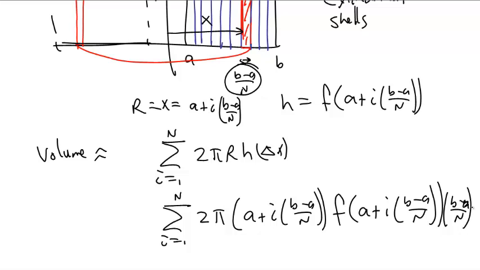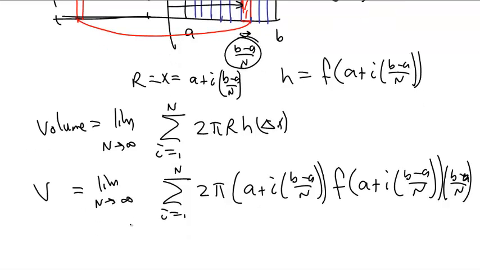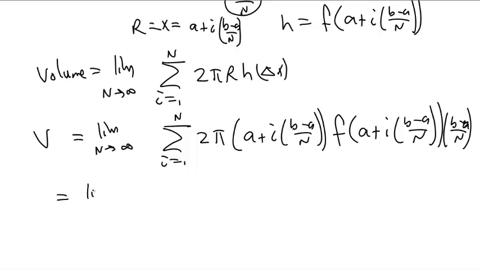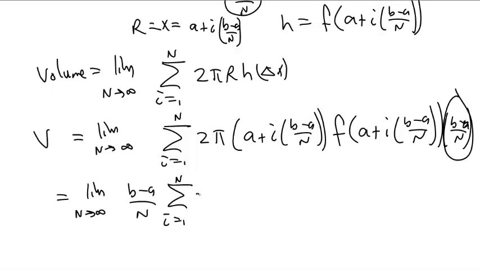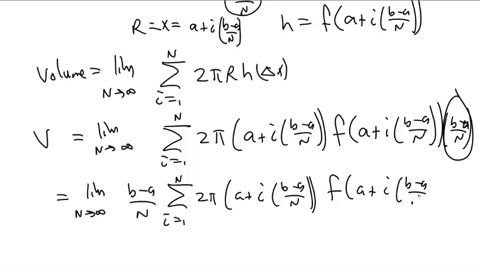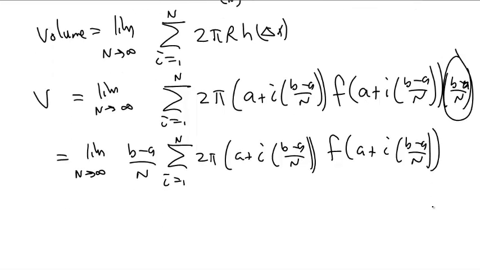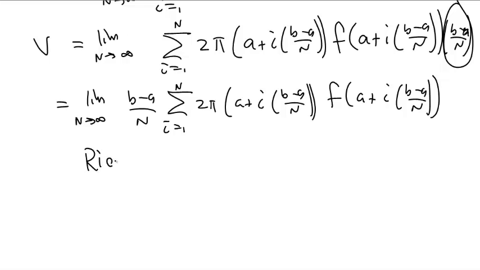And I know what you're saying. You're saying, well, that's only an approximation. Well, we can make it exact with a limit as n goes to infinity. Hey, that is the volume. And I know what you're thinking. You're thinking, isn't there a nicer way of doing this? Well, if we call this the limit as n goes to infinity, and we bring this b minus a over n out front, the sum from i equals 1 up to n of 2 pi times a plus i times b minus a over n times f of a plus i times b minus a over n, you might think, well, that doesn't help very much at all, unless you realize that this is the Riemann sum